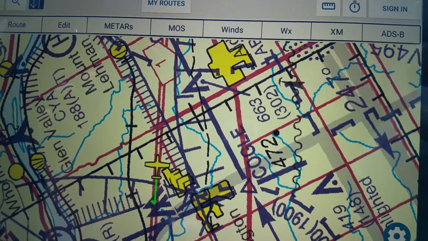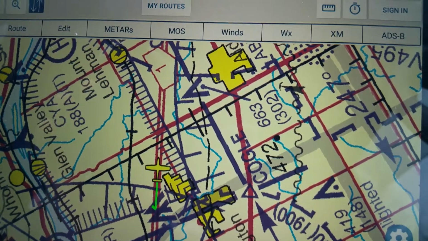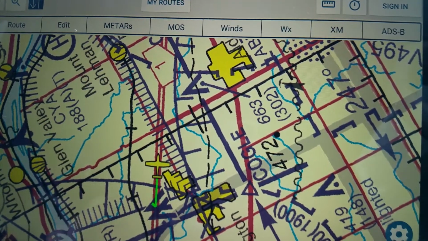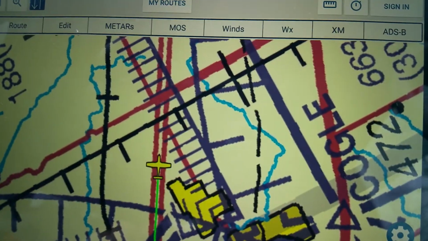It's moving slow because I'm doing like 80 kilometers an hour. If I zoom in a little bit more,